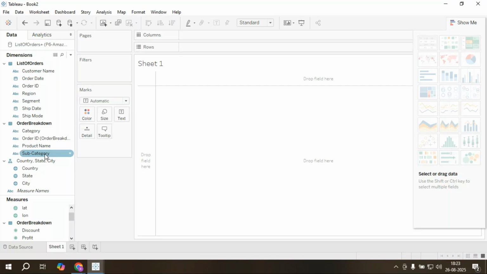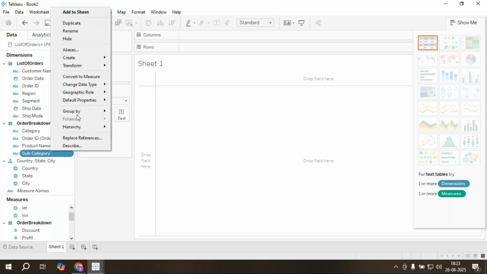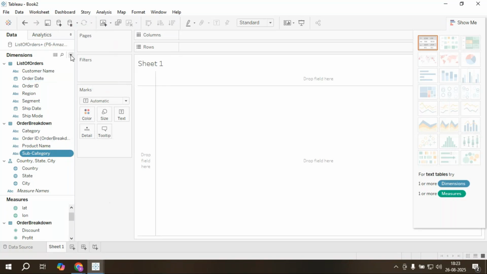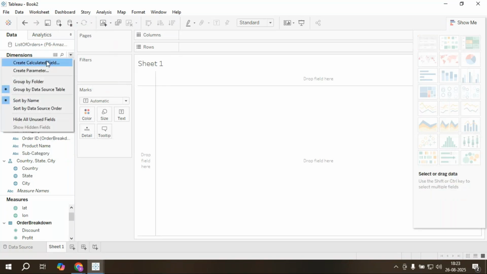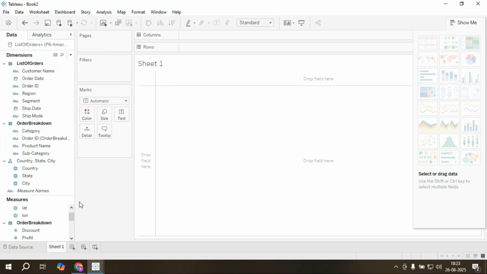Right click on that subcategory. Here the create option is there. So we can use the calculated field, all these options we can use. Once I select it, the calculated field option is there, or else first I'm going to drag and drop into that. See here